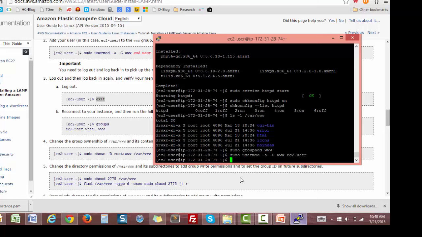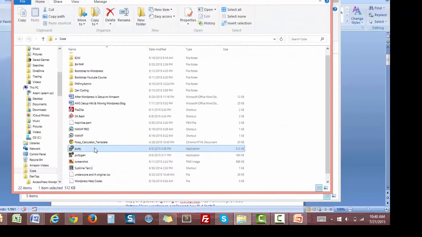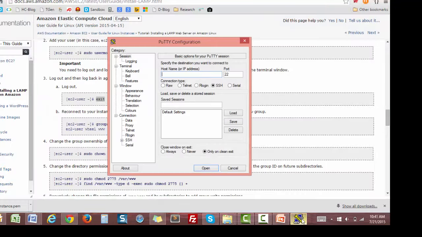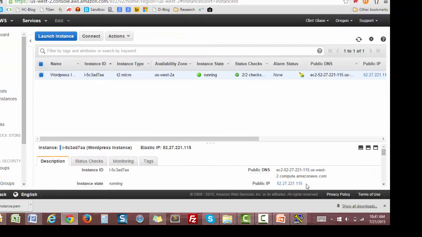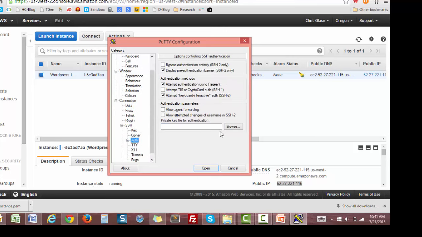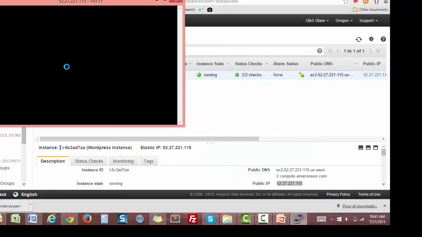And this is where we go and test it. We're going to exit out of PuTTY, and then we'll go back in. We'll reconnect the instance the same way that we did before. So we come back over here to PuTTY, and we go and get our IP address. Back over there, the EC2 instance, paste that in, then go to the SSH Auth, authenticate, get that PPK file in there, and we're back where we started. And we remember how to do this, right? ec2-user, enter,